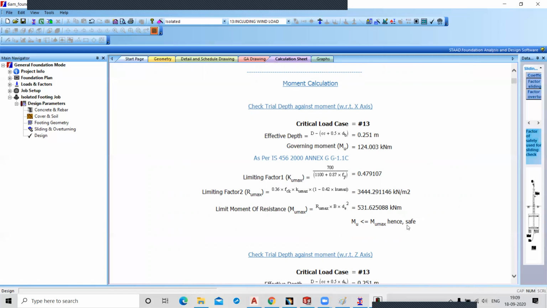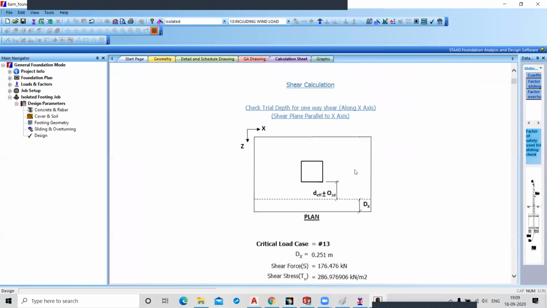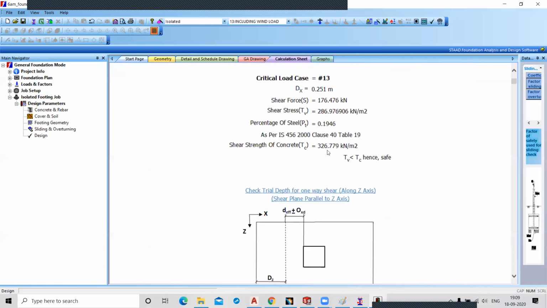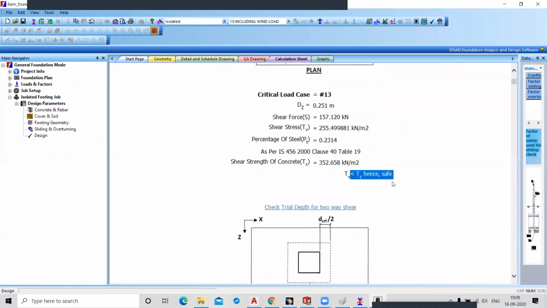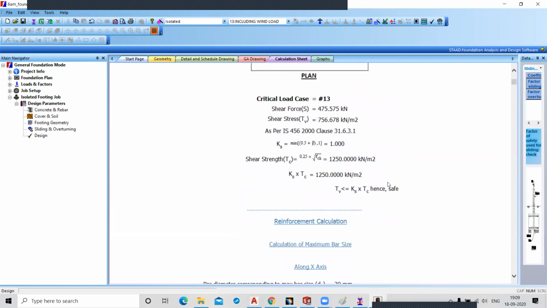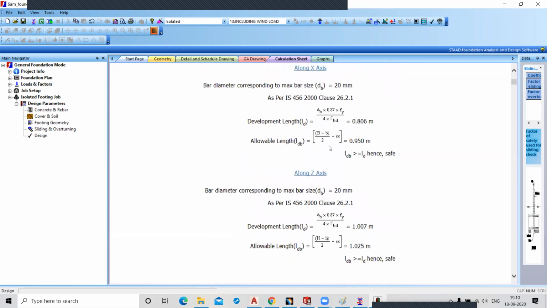That means it is safe. Okay, in the X direction, in the Z direction, and in the shear calculation also, safe and safe. So accordingly, the total footing is safe.